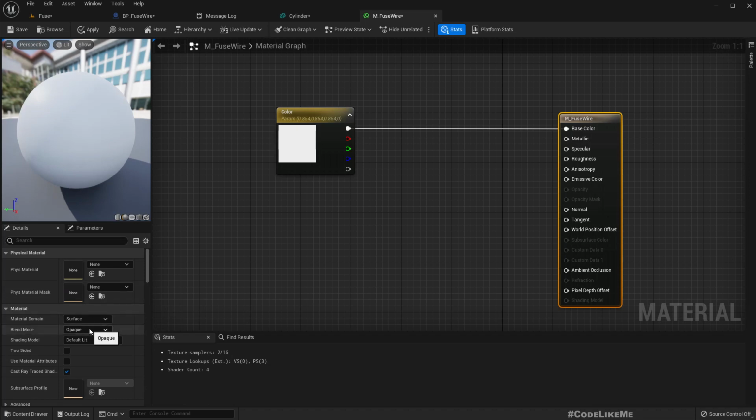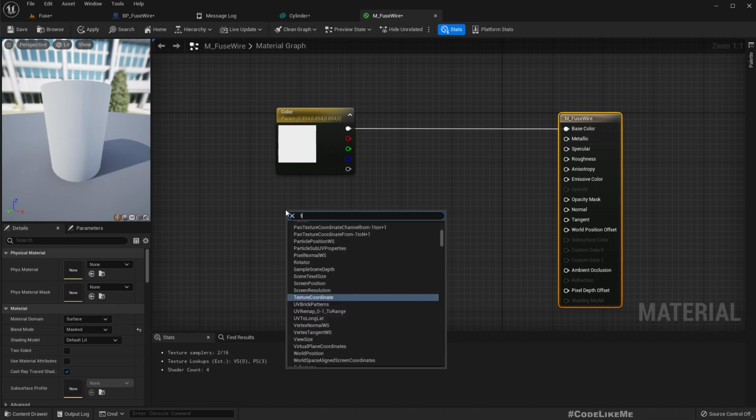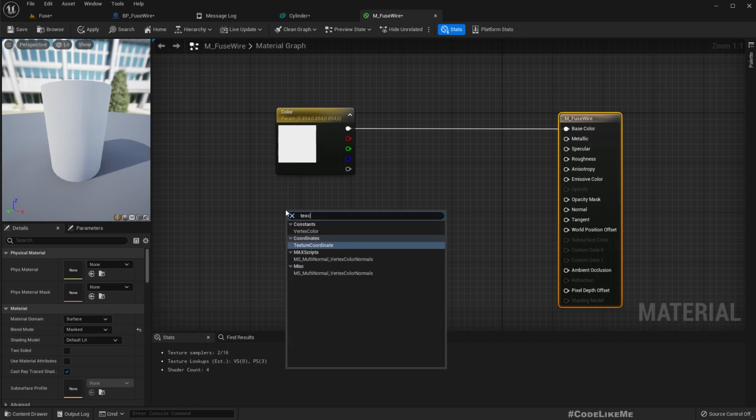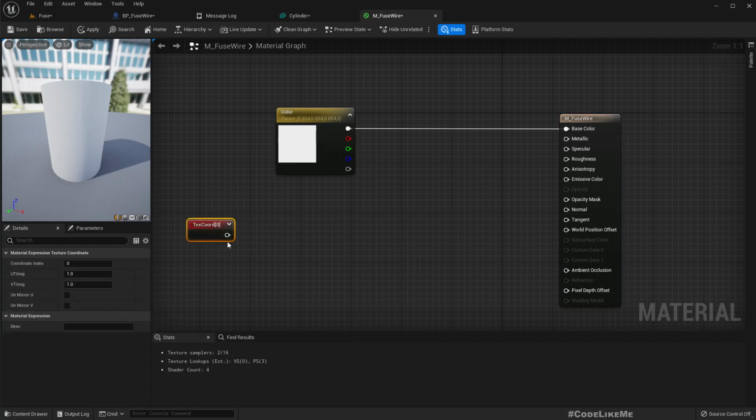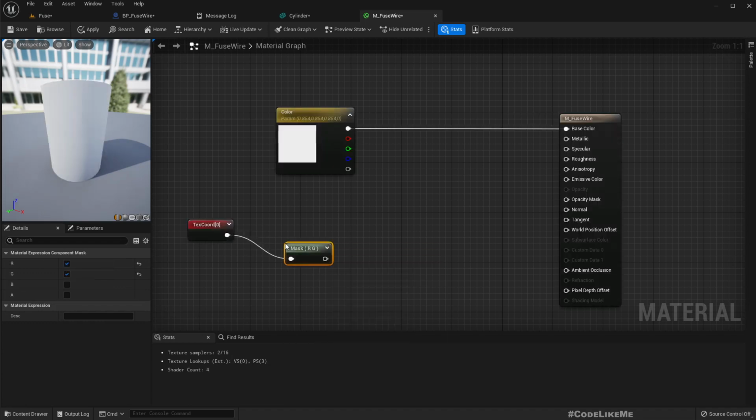We can convert this to a masked material and have opacity mask. So how can we show only a half of this? Let's get texture coordinate to a component mask in G